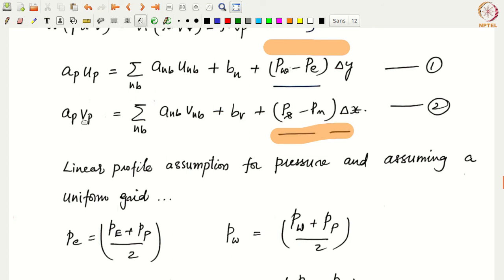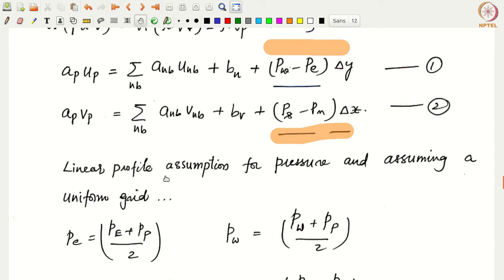Now remember that up till now, when we had the general scalar transport equation, our u was a known field. Whereas here in the fluid flow equations, the velocity field itself is unknown, and also the pressure field itself is unknown. That's what we are trying to solve from the given boundary conditions for the domain that we identify. Now, because pressure at the faces is required, we don't know these values, because pressure is assumed to be stored at the cell centers. So we need a profile assumption for pressure.